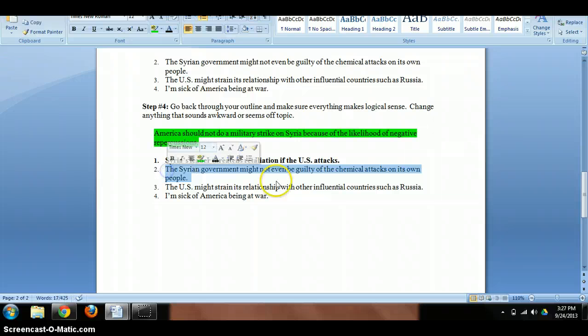And then I'm going to look at this next one. The Syrian government might not even be guilty of the chemical attacks on its own people. Does it make sense? Is it on topic? Yes, it goes with the topic, but is it actually a negative repercussion? Not exactly. It's making a connection to the thesis, but it's not actually a negative repercussion. So I need to turn this into a negative consequence of us attacking. So I can put, since the Syrian government might not even be guilty of the chemical attacks on its own people,